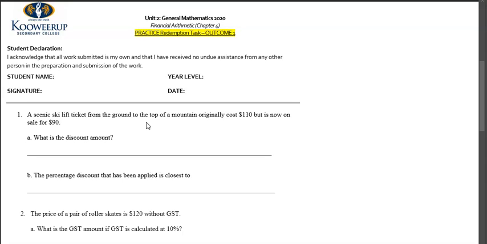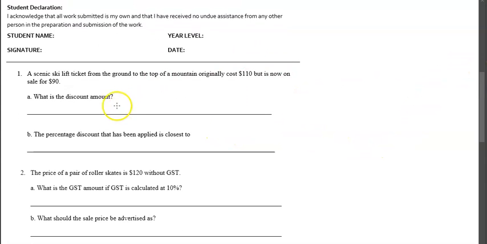We'll start off with question 1, which is a scenic ski lift ticket from the ground to the top of the mountain. Originally cost $110, but is now on sale for $90. To get the discount amount, all you're going to do is just find the difference between how much it originally costs and how much it's on sale for. In this case, this is equal to $20. We're going to use this $20 to help us with the next question, find the percentage discount that has been applied